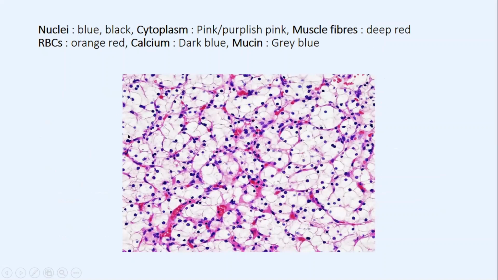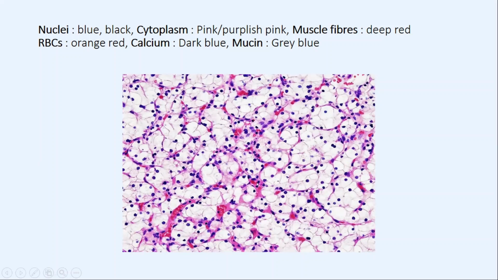So if you can see, this is an H&E section. There are a lot of empty spaces. Empty spaces don't mean empty. Initially they actually contain substance. During processing, some of the substance gets dissolved because the tissue is submerged in formalin and xylene. The fat content can most of the time be dissolved. So this is not an empty space per se. It contained something before it got processed.